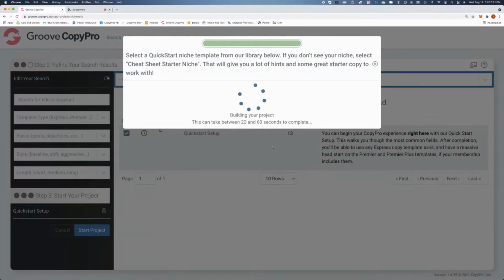Again, what CopyPro does is anything that takes a long time to build, for the quick start, it's going to take the longest of anything that you generate. Normally it takes about 2 seconds to generate something. It's pretty quick. But when we're generating an entire profile, an entire quick start, it's building all these algorithms and code and copy in the background. So we have to sit here and wait just a little bit. Then it'll send us a message saying, okay, I'm done, and it'll refresh the screen and we'll be able to roll from there.